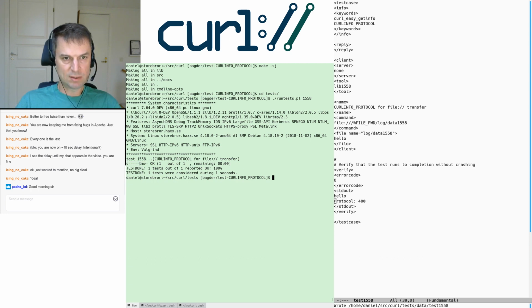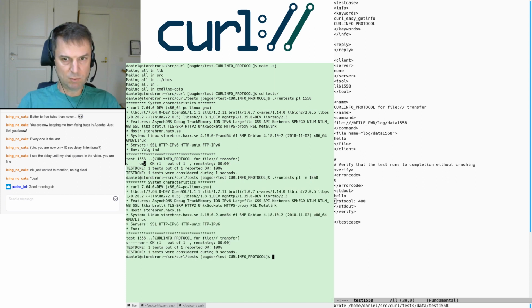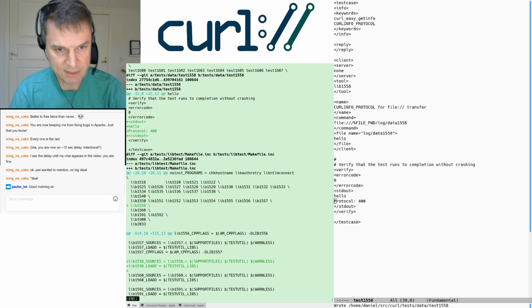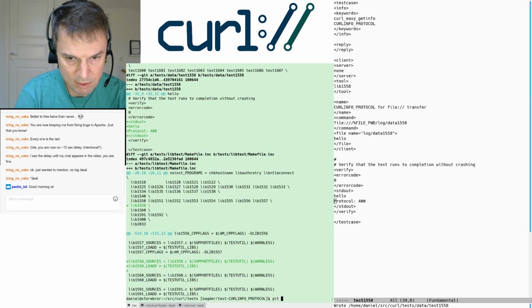Standard out, and it checks the exit code, I think, and that's the memory debug system, and that's V for Valgrind, I think. If I run it without Valgrind, the V disappears. So, kind of obscure, but still. Okay, 1558 verifies that it actually works to get the protocol after